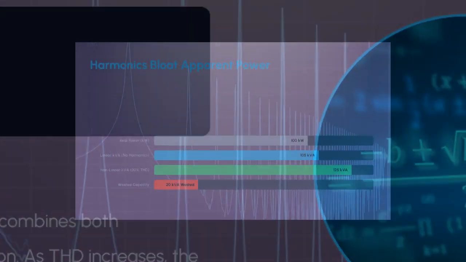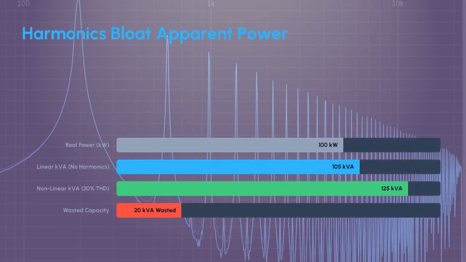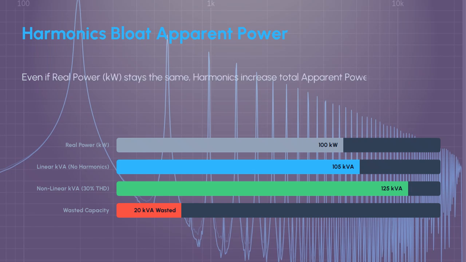Harmonics bloat apparent power. Let's visualize the impact. In this comparison, notice that the real power, the 100 kilowatts doing the work, remains constant. However, look at the kVA bar. With 30% THD, the apparent power bloats significantly. That extra kVA is essentially wasted capacity that your infrastructure is forced to carry, even though it isn't performing any